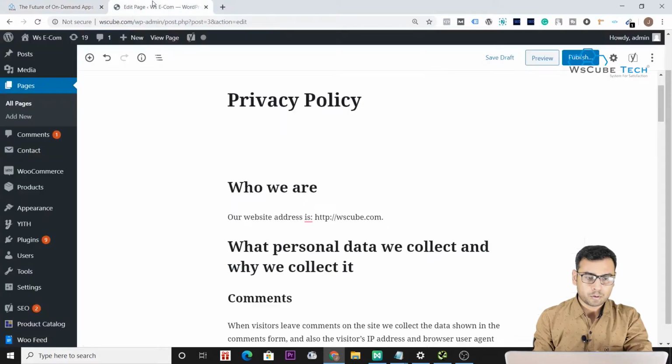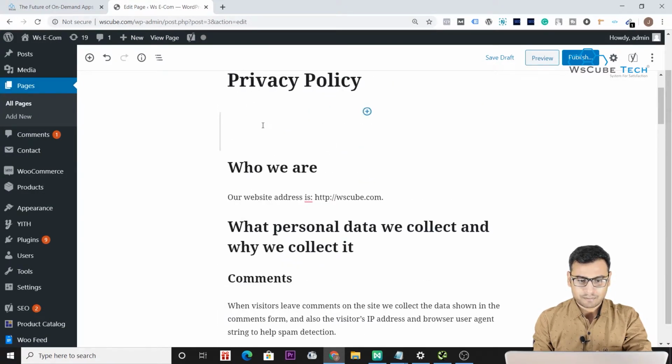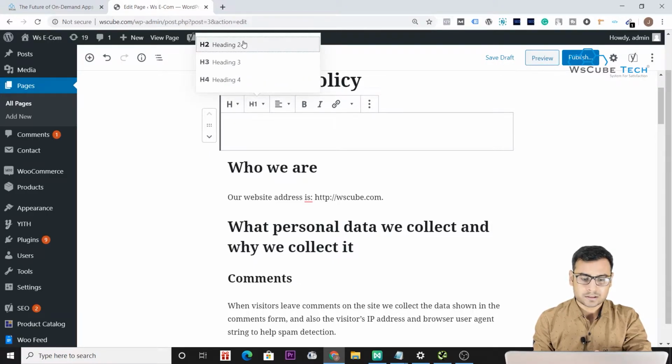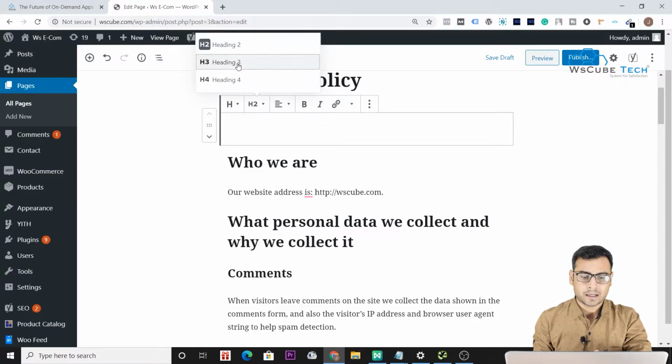When we come to the edit part of the page and I want to write anything, we see over here the H1 tag selected. We can select H2 if we want, and write the H2 tag over here, or the H3 tag.